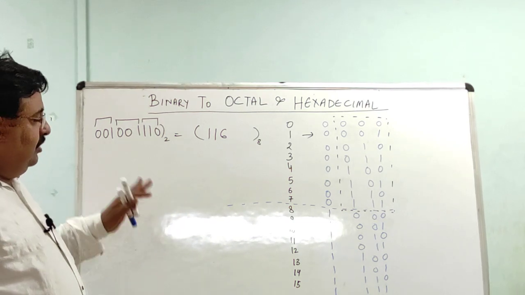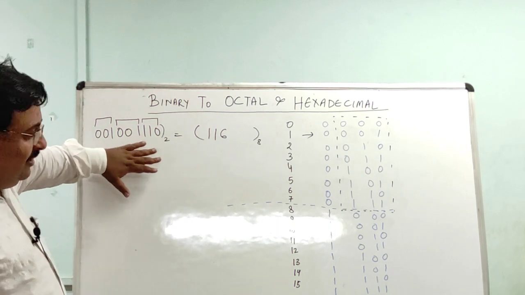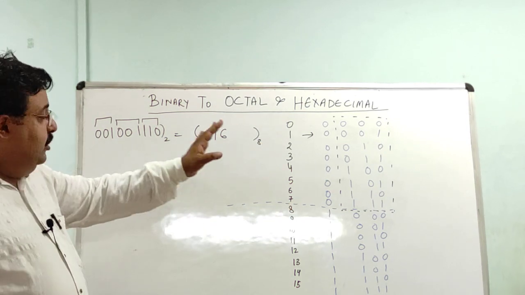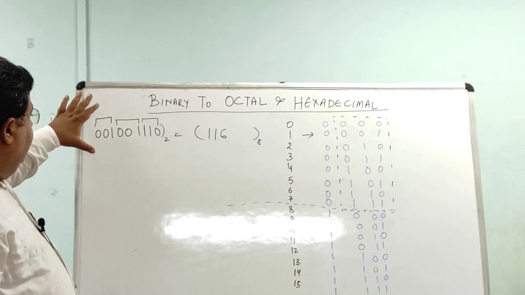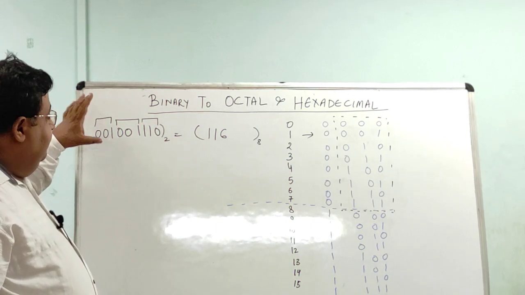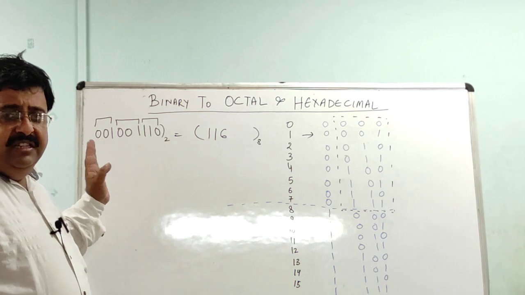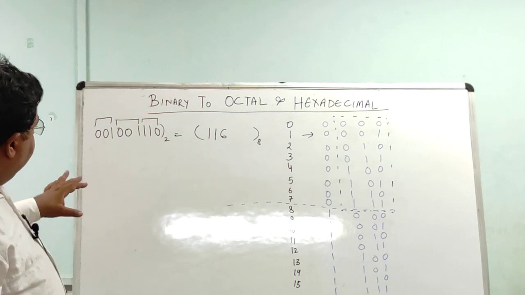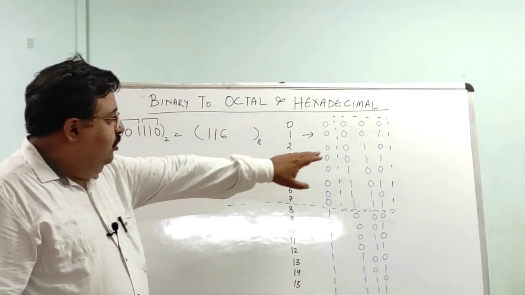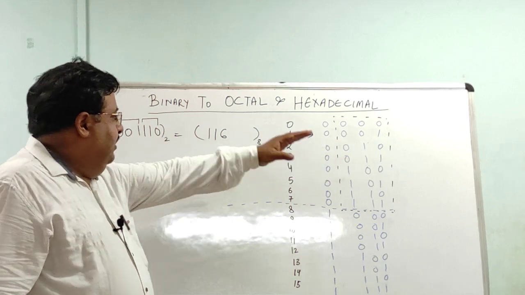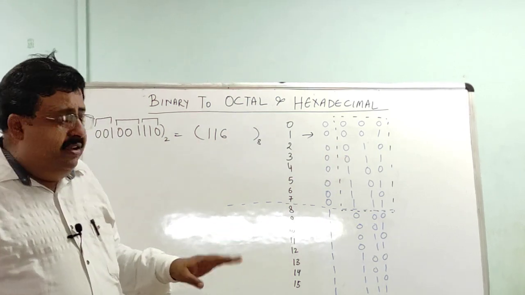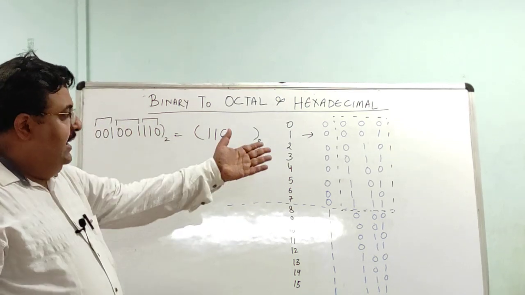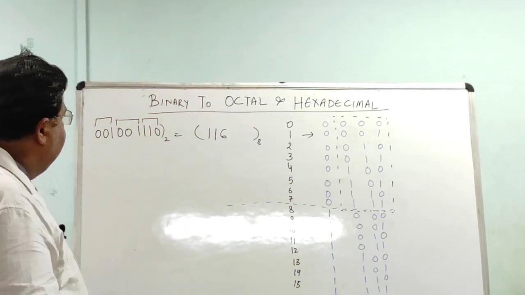Is it clear to all? I'll tell again what we have to do. Whatever binary number we are having, from the least significant bit side, we are going to make groups of 3 bits. If at all there is a shortage, then we can prefix zeros so that we can make it a complete triplet. Now for each triplet, we will look into the table and place the corresponding value. Once you have practiced this, it will be very easy for you to remember. In the beginning you may need the table, but later on you may not require it.